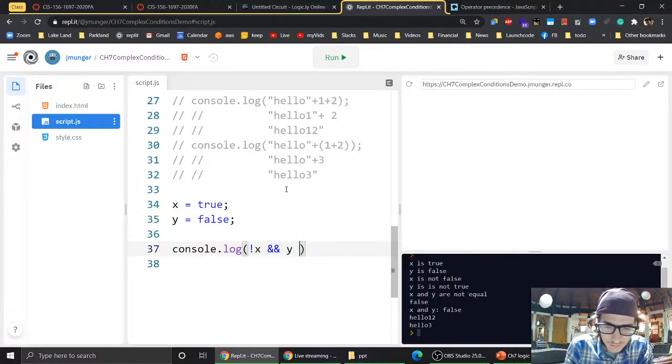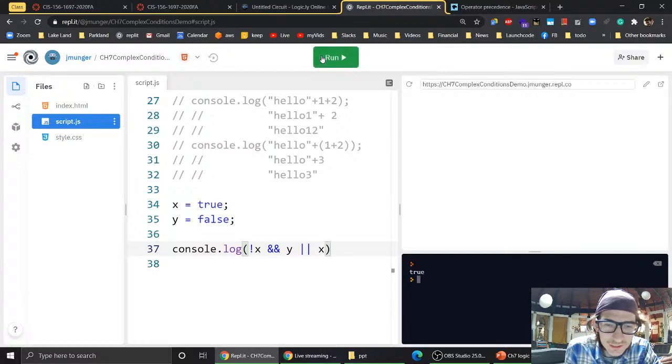Y or X? So looking at that, what do you think it's going to evaluate to? Is that going to be true or false in this case? Because we have X is true, Y is false. The fact that we only have the variables X and Y in here makes this a bit simpler, but if you have multiple conditions, it can be more complicated. So let's see. This evaluates to true, and we can see that because